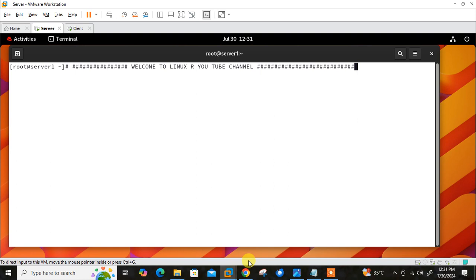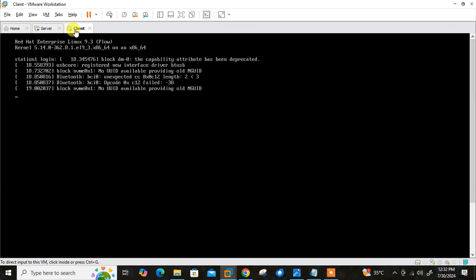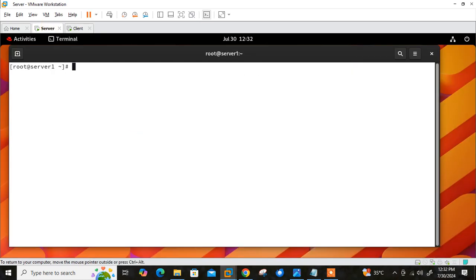You can see, currently I am working on my VMware workstation and I have two Linux virtual machines. This is the first one, server one, and the second one is the client one, right? So let me show you the OS release version and the IP address of both machines. If I run the hostname command, this machine is server1.example.com. Currently I'm using Red Hat release 9.3 and the interface of this machine is